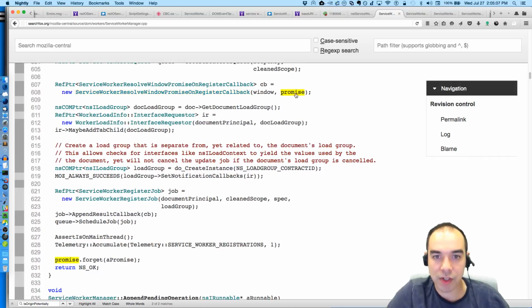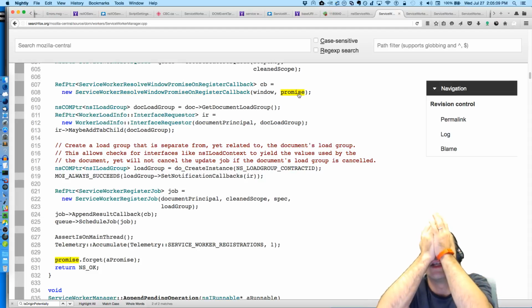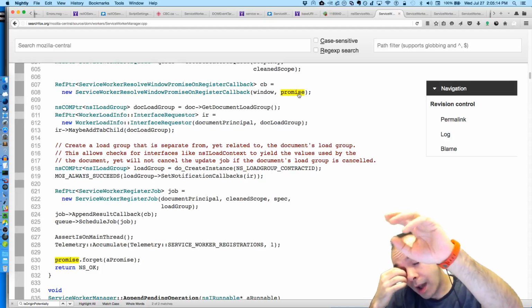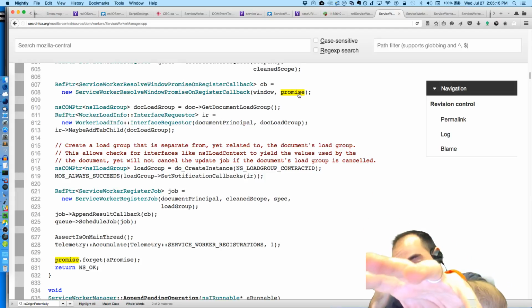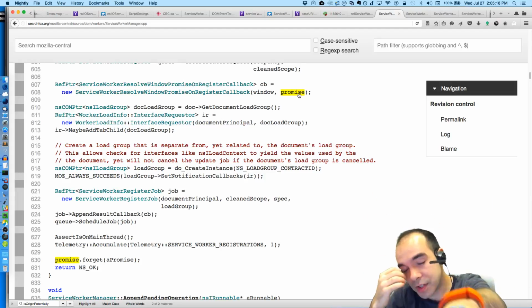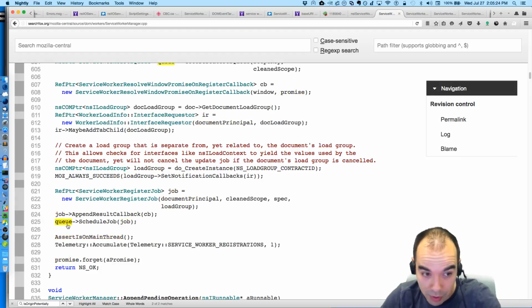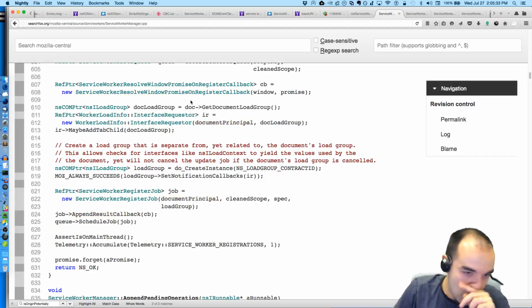So it's kind of a Rube Goldberg machine. The promise that we got returned from navigator.serviceworker.register is going to be resolved when this job that is being queued in this job queue gets called. Like when the callback gets called, that will resolve the promise. Whew.